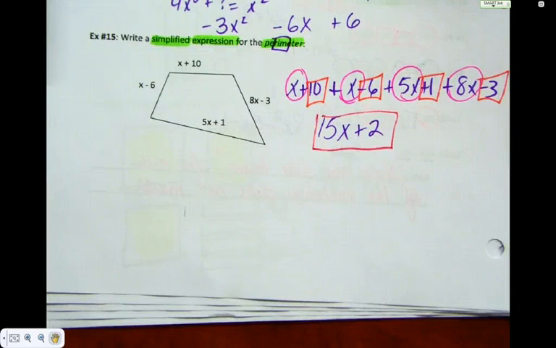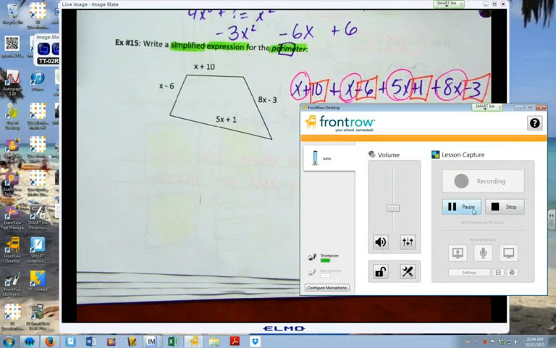How do you know it's an expression? Bunch of terms, no equal sign. How do you know it's a simplified expression? No like terms. You can't combine a 15x with a 2. Whew, how are you feeling? Good? So today's one of the rare